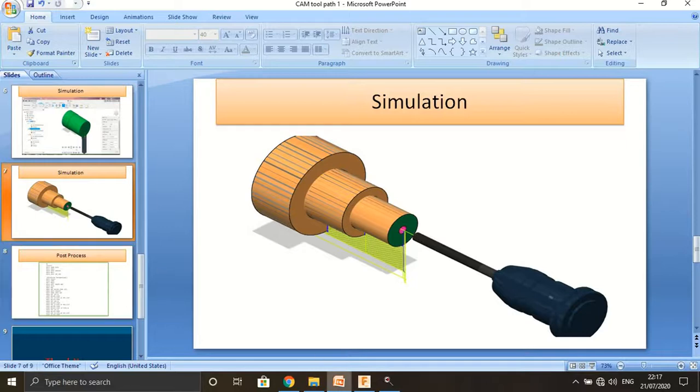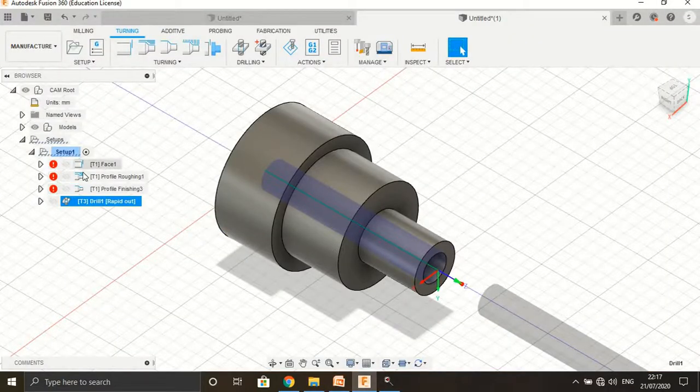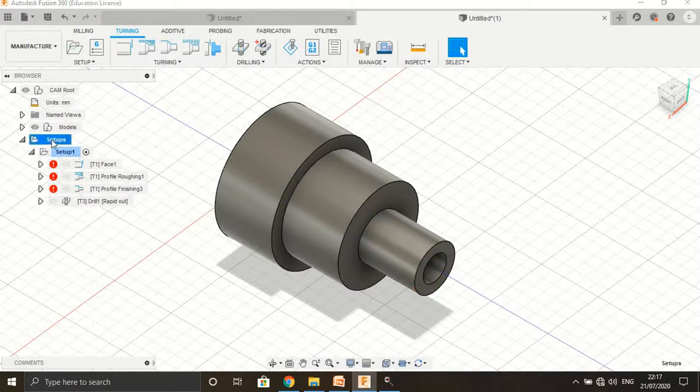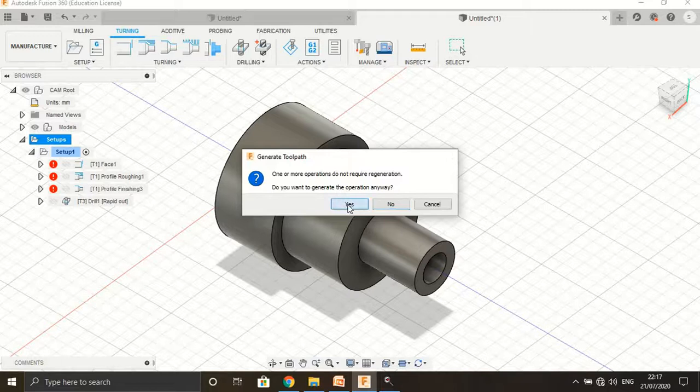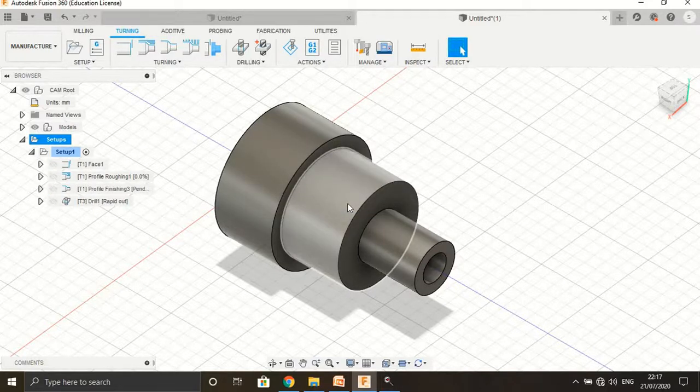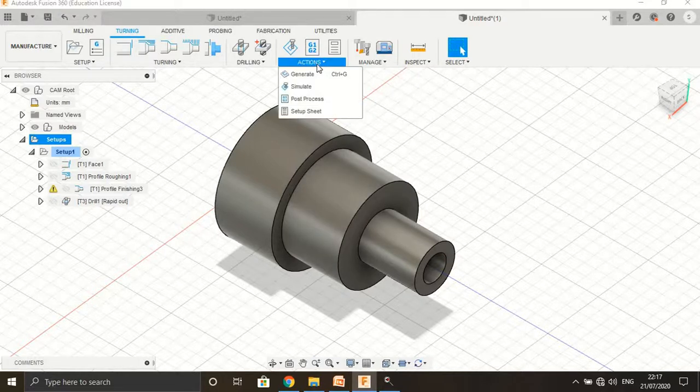And finally post processing, where combinedly we can see all these operations with setup. Select the setup, then all the operations you can generate as one single program. So sequentially, first facing operation, second profile roughing operation, then profile finishing operation, and finally drilling operation.